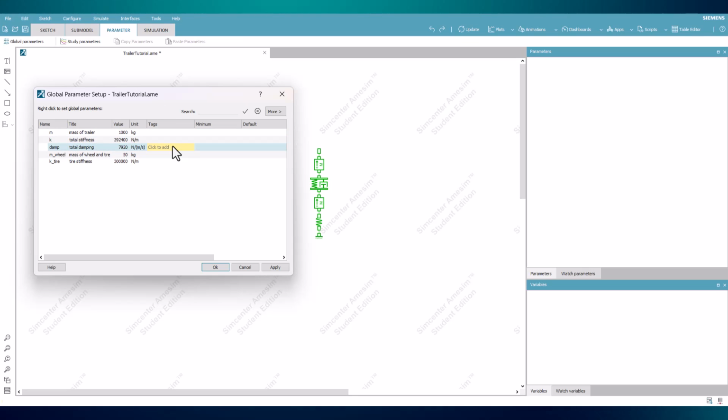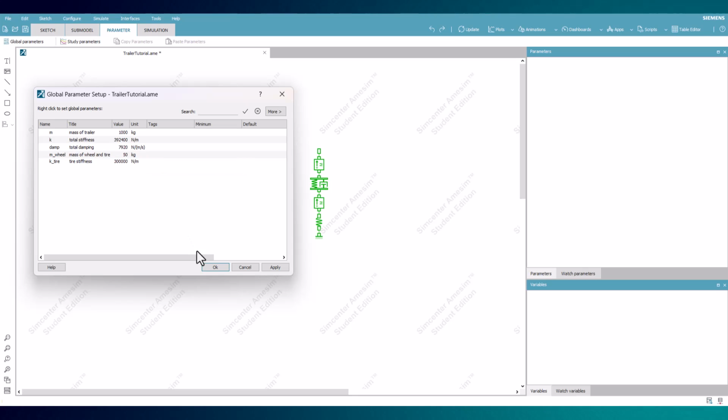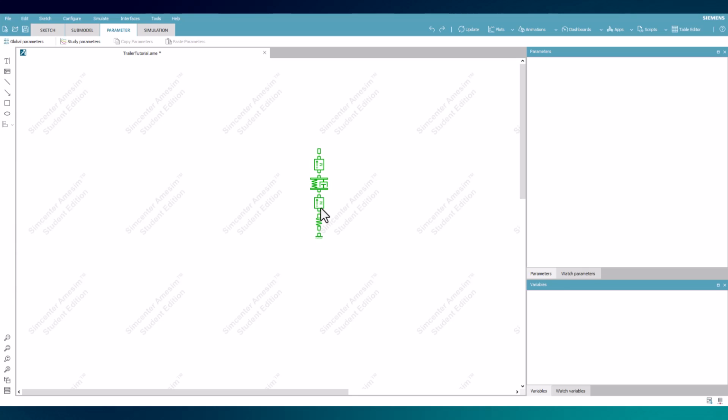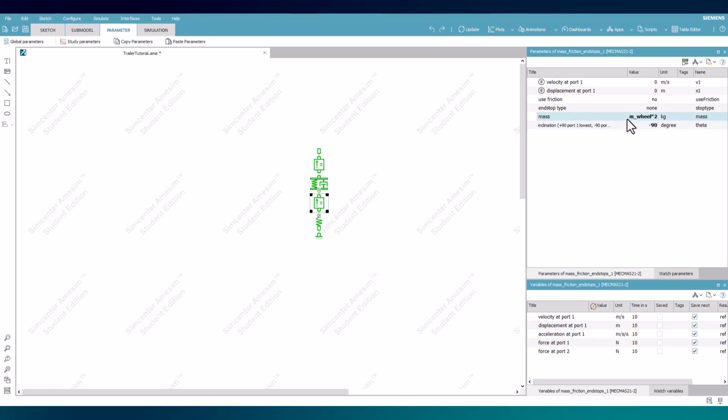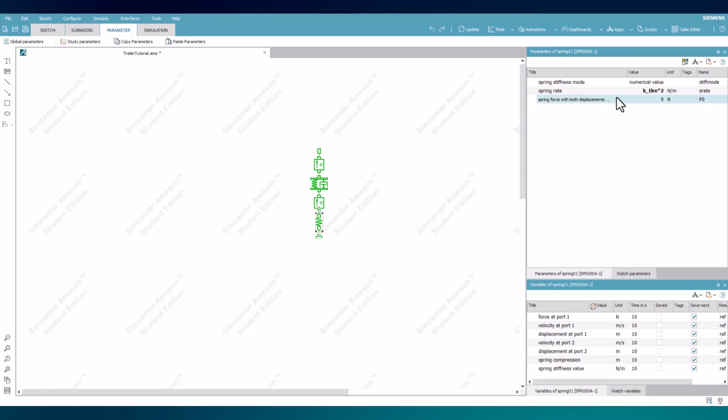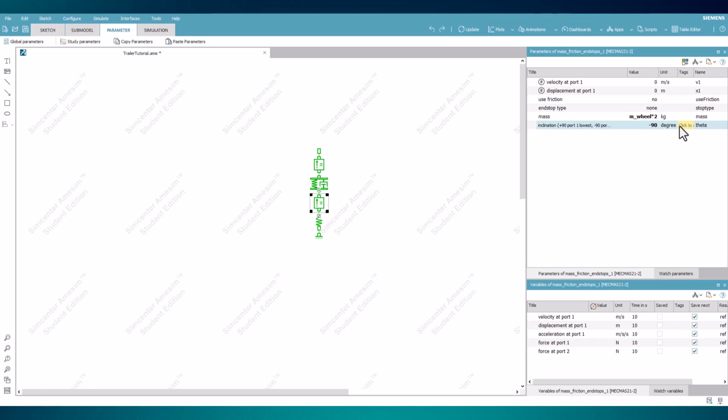Adding two new global parameters, the combined mass of one wheel and tire is on average 50 kilograms, and the tire stiffness is found to be 300 kilonewtons per meter. The mass value within the component can be set to the new global parameter times 2, and the same can be done with the stiffness within the spring component. Also within the mass, be sure to change the inclination angle to -90, like the trailer mass, so its displacement